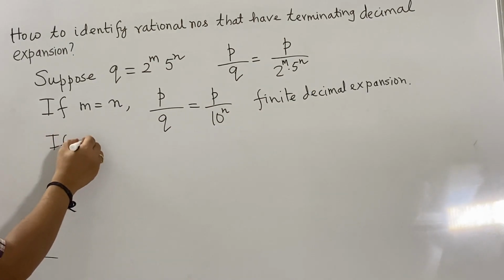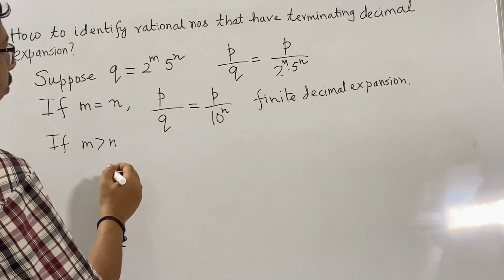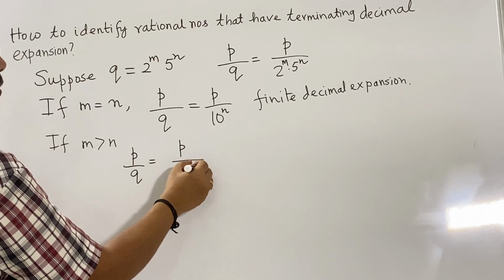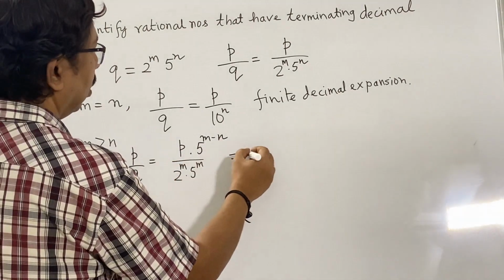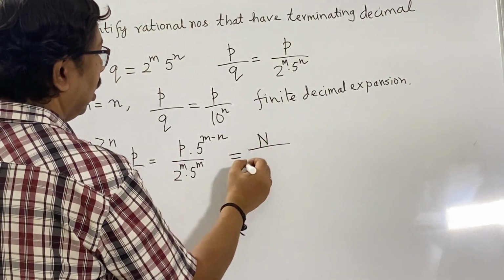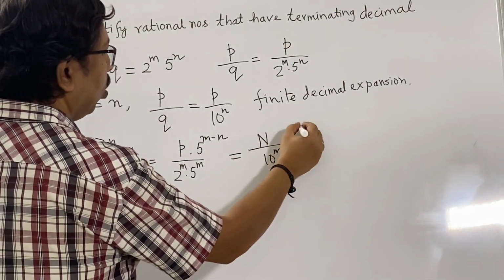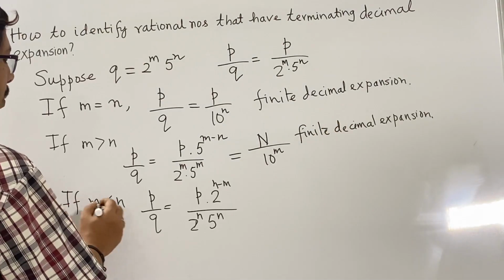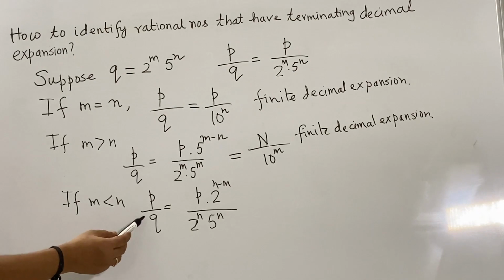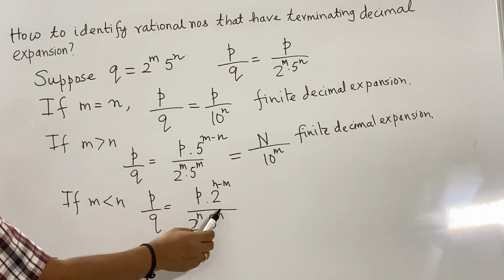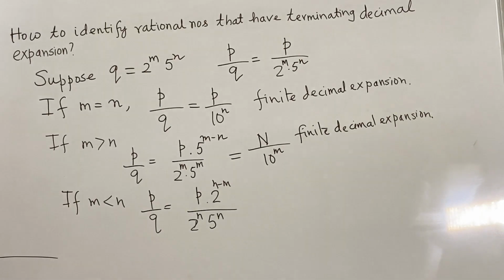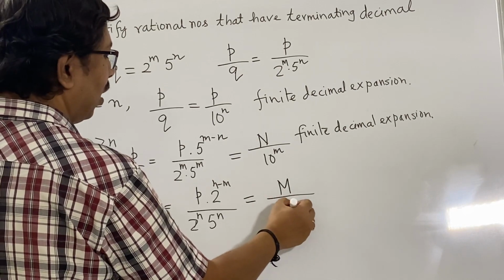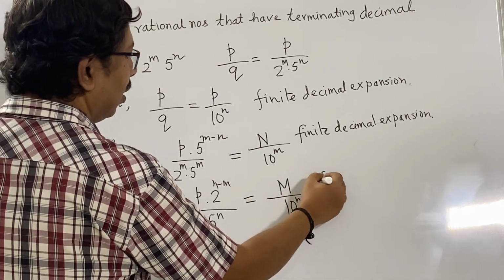If m is greater than n, then we write p by q as p by 2 to the power m into 5 to the power m, and the numerator is an integer and the denominator is 10 to the power m. So, we again have a finite decimal expansion. If m is less than n, we can write p by q as p into 2 to the power n minus m divided by 2 to the power n into 5 to the power n, and this would become some other integer divided by 10 to the power n, and this again gives us a